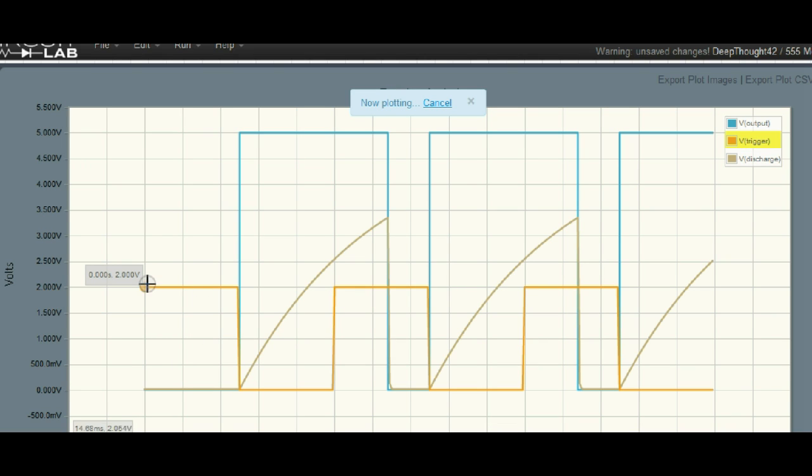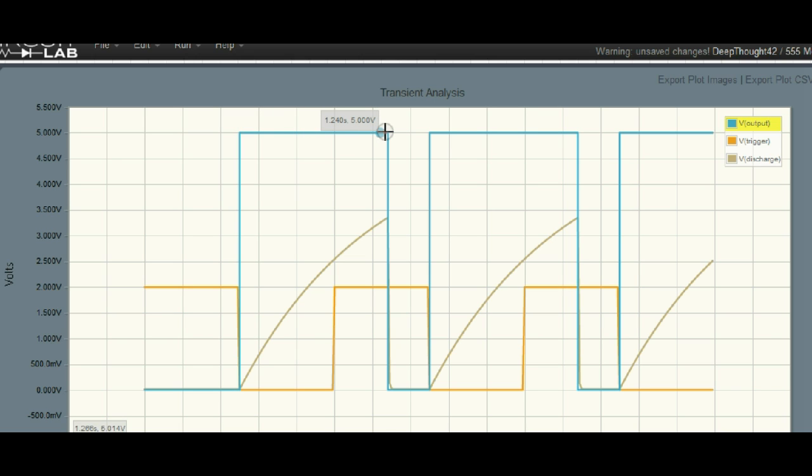Just to reinforce what's going on here, so there's our input. It's only a 2 volt square wave here, but that's fine. It could be a 5 volt one if we wanted it to, but the main thing is we get a negative falling edge here, followed by a rising capacitance voltage being charged up through the resistor, so you've got this exponential curve. As soon as you get this negative edge, we then get a rising edge or a rising output,